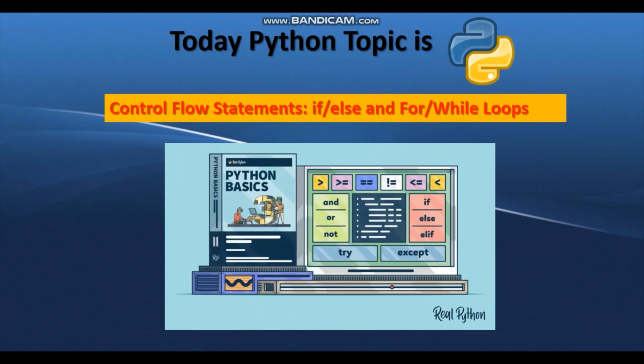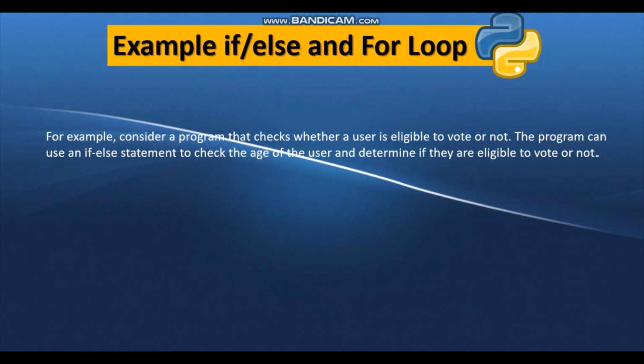Control flow statements are a fundamental concept in programming and are used to control the flow of execution in a program. For example, consider a program that checks whether a user is eligible to vote or not. The program can use an if-else statement to check the age of the user and determine if they are eligible